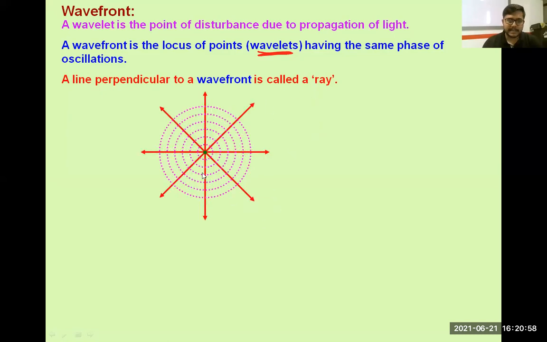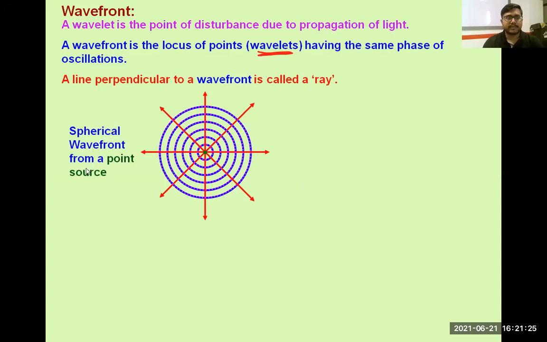Now you can see this is a point source, and from this point source a ray of light is coming out. So joining all the points, you can see dot dot dot points. So these dots will make a sphere. So in this form the wave is propagating. So you can say for a point object the wavefront is spherical. Okay, so a spherical wavefront from a point source.